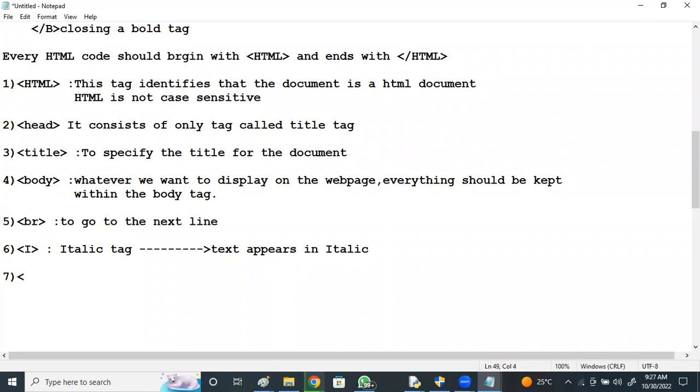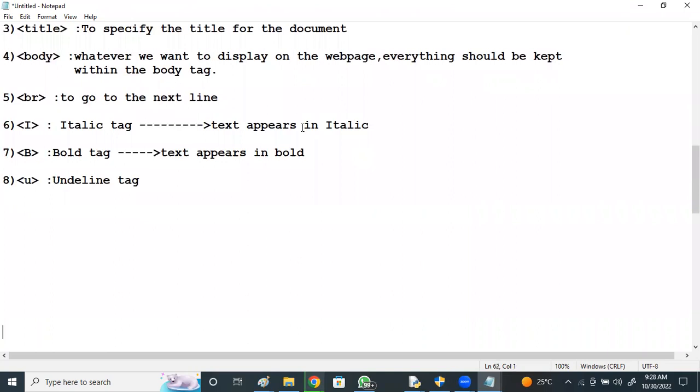Like that, B is the bold tag, and text appears in bold. U is the underline tag. P is the paragraph tag.